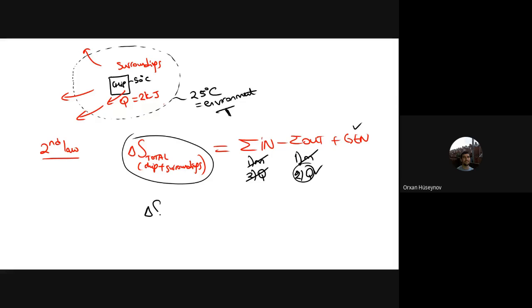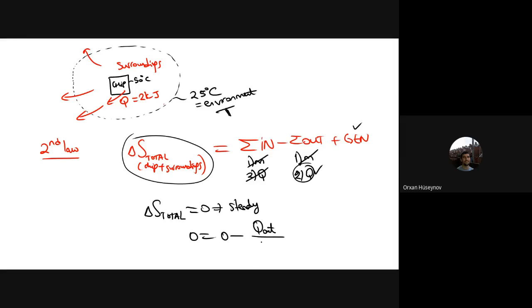So therefore, you will have the delta S total, and this one also is 0 because it is steady. Therefore you will have 0 equal to in part, which is 0, minus the Q out, which